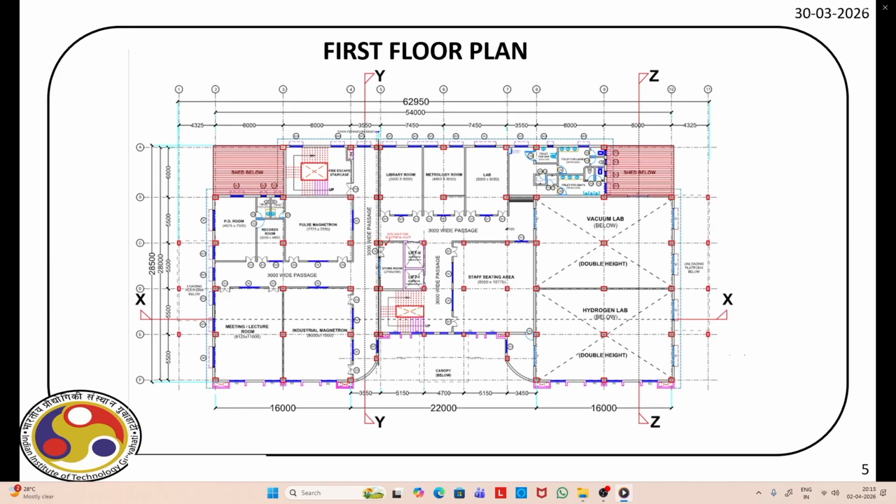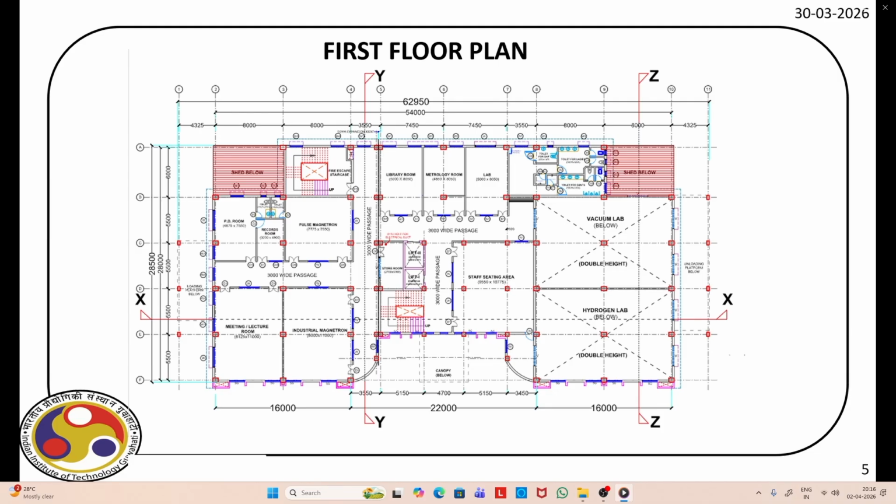Now this is the first floor plan. Here you can see it is academic building, and therefore there are different labs, and for the labs actually it has double height. That means the rest of the building is having 3 meter height per story, but for the labs it is having double the height. Not only that, there are other lift core, as you can see, and the stair also you can notice it has a 3-flight stair with a central well, and the lifts are made of walls, concrete walls.